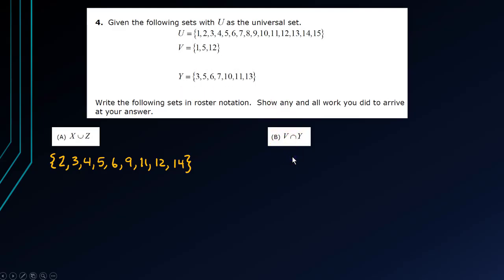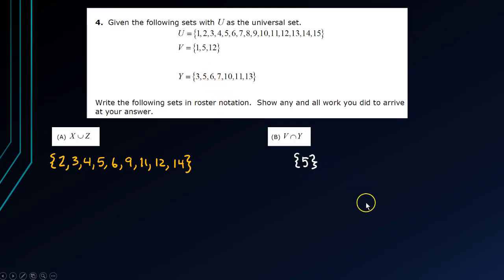my attention on just V and Y. And I only want those elements that are contained in both. So the intersection means that it has to be in both only. If it's in one or the other, that's not good enough. It has to be in both. And so when I look at V, 1, 5, and 12 are the only numbers in there. The only number that's also contained in Y is 5. The 1 isn't, the 12 isn't. So basically this would be a set of one number,